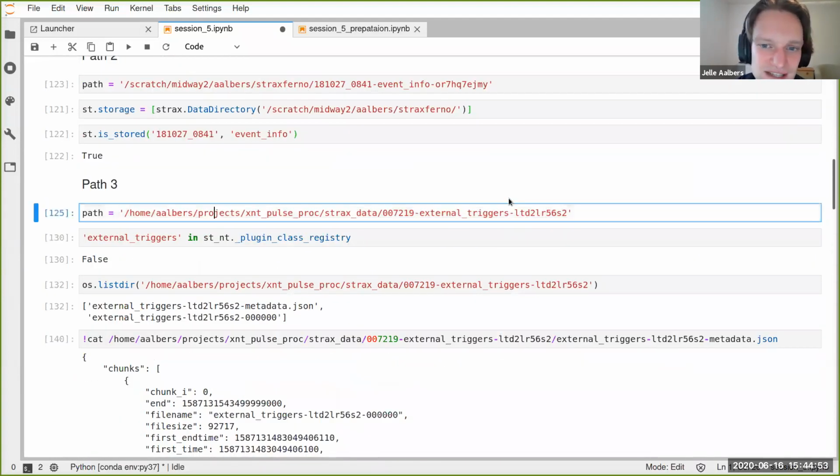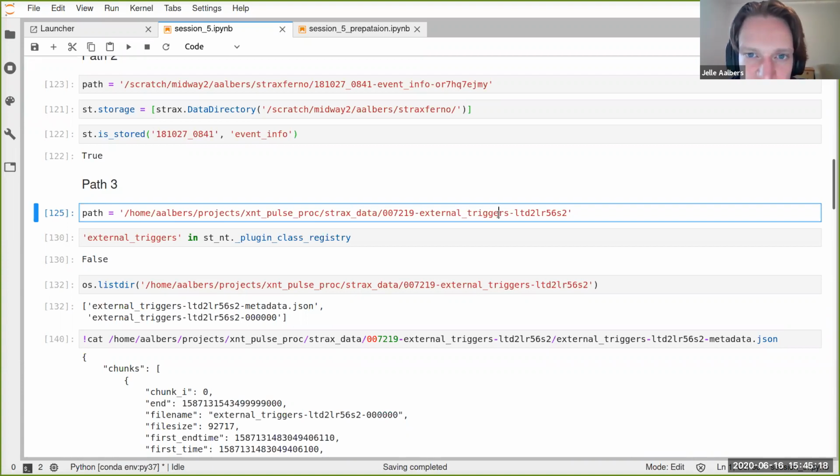How would I load this data? I don't have this plugin. How am I going to load it? Maybe it's stupid, but since the storage frontend is the one saying where data are, could it be done out of the context and just creating a storage frontend and saying where the data are, and then the rest is taking care of it? Okay, that's almost right. So you're on the right track.